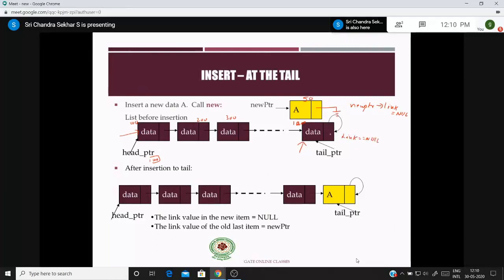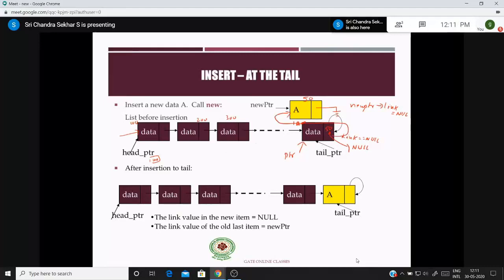Whenever you identify the null, the last node, right, you have one more pointer like this. What you will do is, initially it is having a null. This is having a null value. So you remove this null, and instead of this null, you have to store this address, right? So you make it as 50. Therefore, a link is established like this.